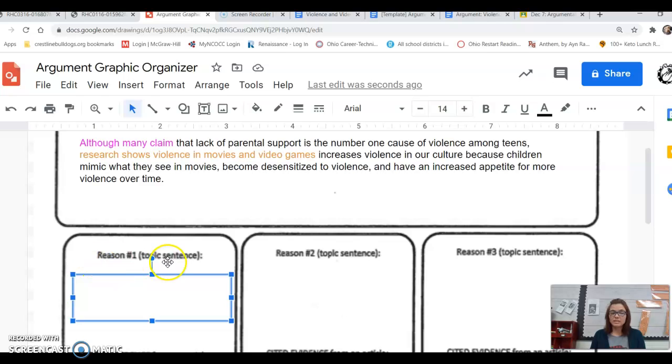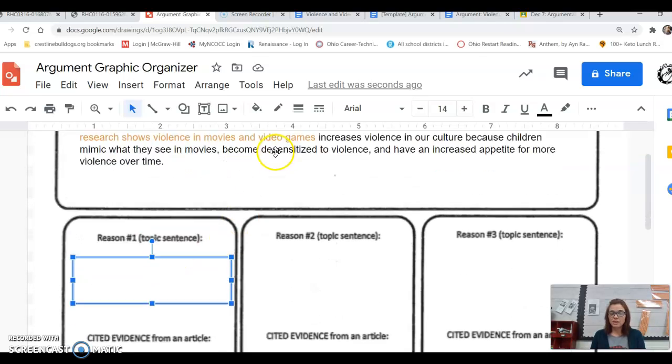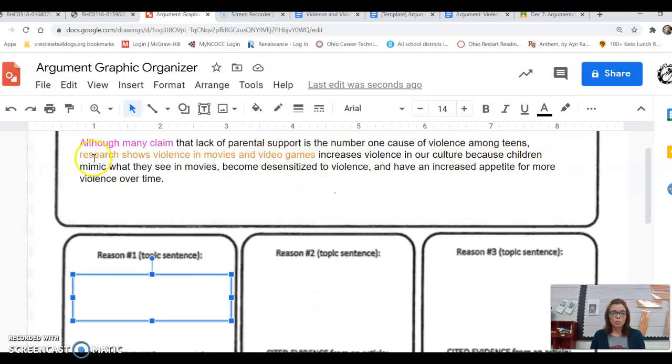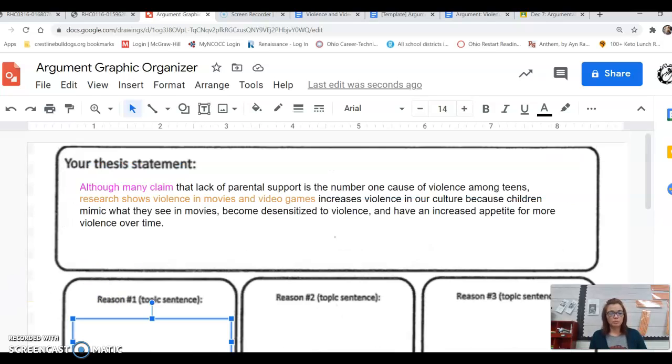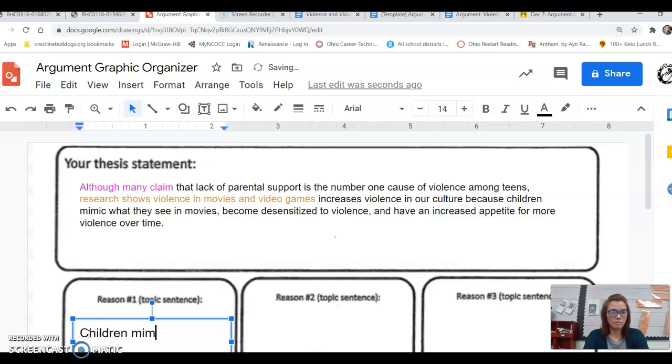So my reason 1 that I think, or I'm going to argue, again, remember, it's not exactly what you think. Research shows violence in movies and videos increases violence in our culture because, boom, I'm going to type in here, I think, children mimic what they see in movies, okay?